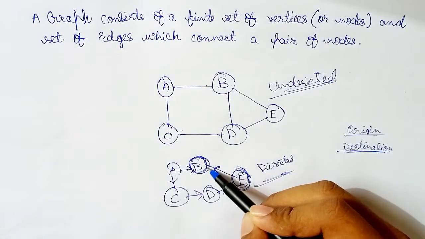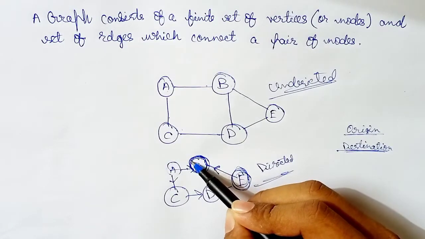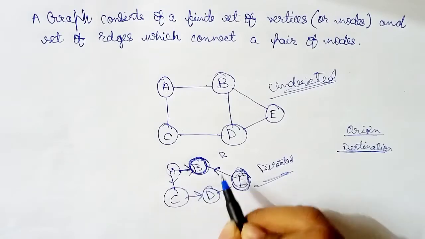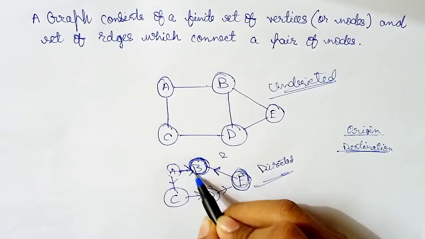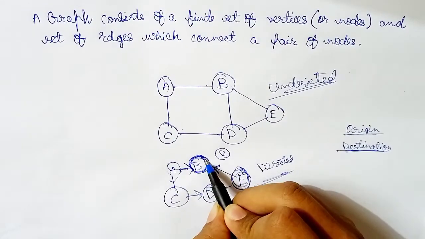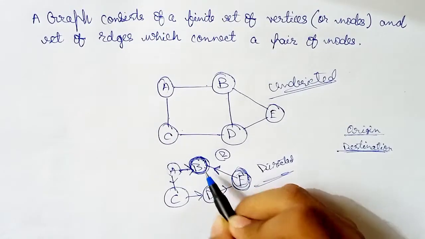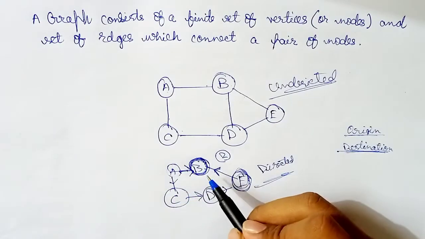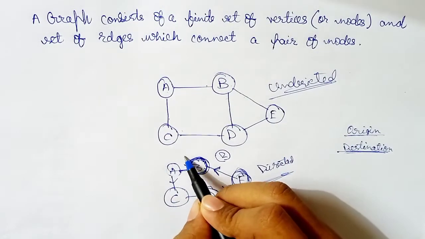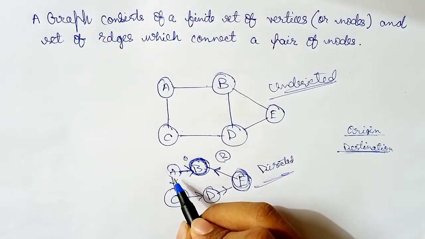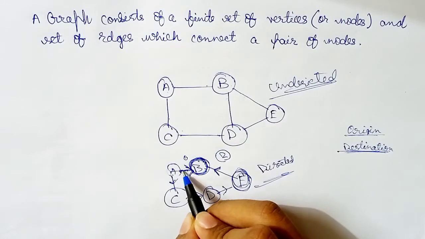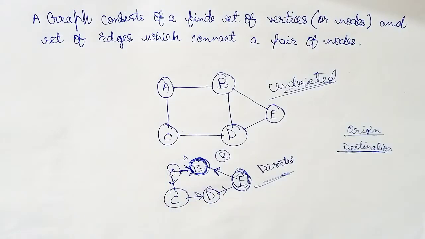So for this node, the in degree would be 2. Why? Because of the total number of incoming edges, look at the arrows, the incoming edges to that particular node, the number is 2. Hence the in degree for this node is 2. So what's the out degree for this? The total number of outgoing edges. For this node, no edges are going outside from it, so the out degree would be 0. But what is the out degree of this node? The out degree would be 2. Why? Because 2 edges are going outside from it.